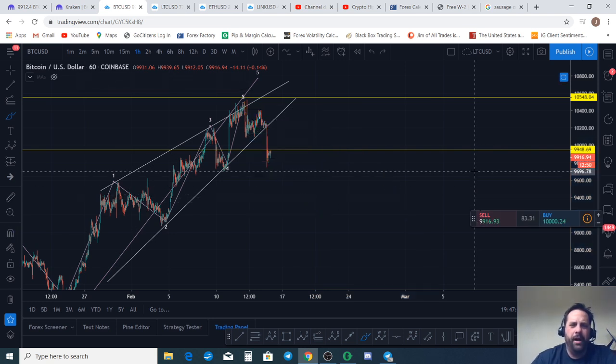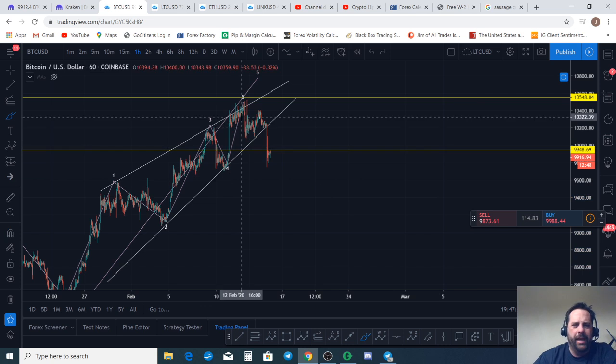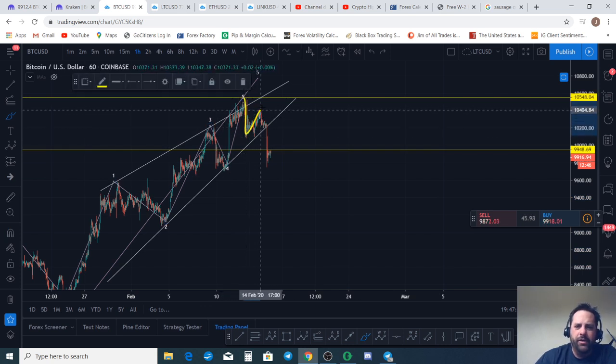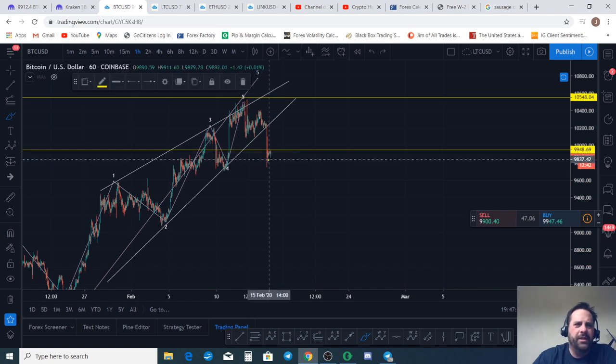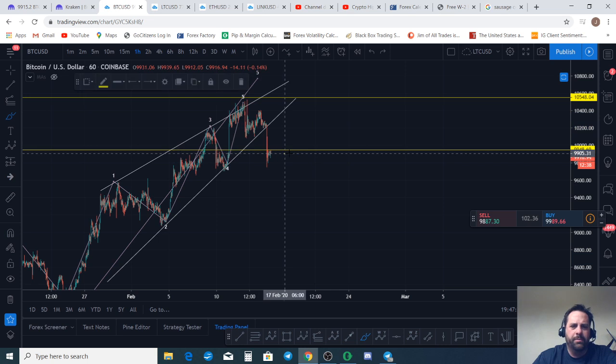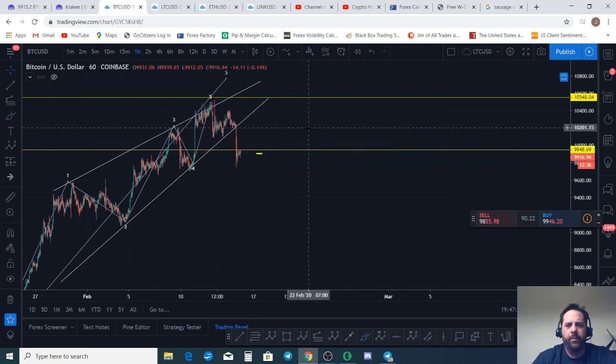How far and how wide we'd have to see what we get, but this is looking pretty big, a good chance we come down. Right now, I have taken a long position just in case we get an up move, but I'm ready to stop that out at break even or just below it. It's good risk reward for me, especially if this